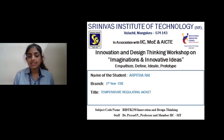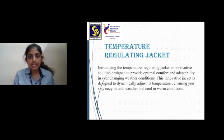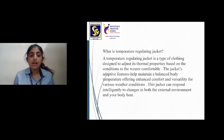I'm here to present on the topic temperature regulating jacket. Introducing the temperature regulating jacket, an innovative solution designed to provide optimal comfort and adaptability in ever-changing weather conditions. This innovative jacket is designed to dynamically adjust its temperature, ensuring you stay cozy in cold weather and cool in warm conditions. A temperature regulating jacket is a type of clothing designed to adjust its thermal properties based on the